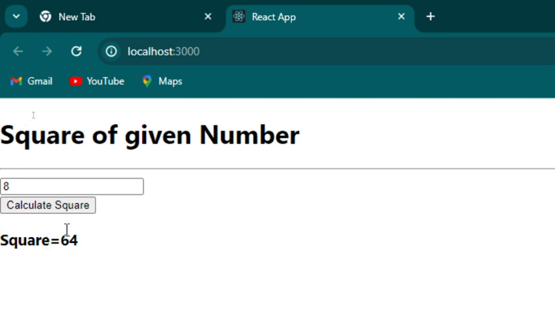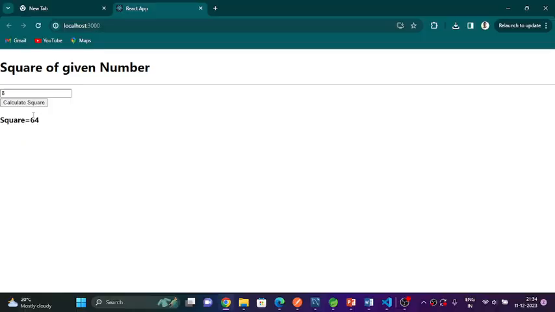So in this way we can handle the default form in React.js. So I hope you